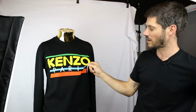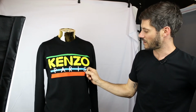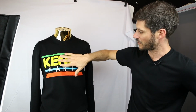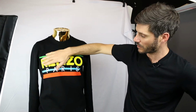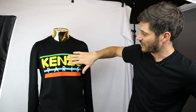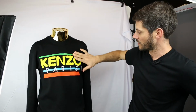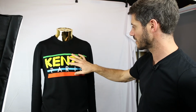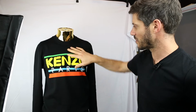One of them is the embroidery, standard stitched embroidery, and this embroidery, which Kenzo calls toweling. It's also called chenille. I like this style of embroidery. It's like letterman jacket style. Feels like a towel. It's very soft. It's raised. It gives the final garment a little bit of texture and three-dimensional kind of quality to it. It's a fun way to add a nice embellishment to a garment, and this is something that we're able to